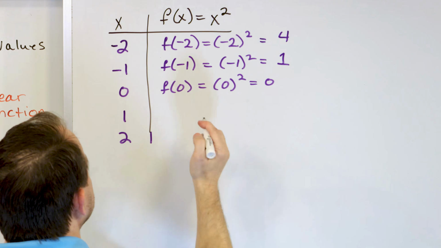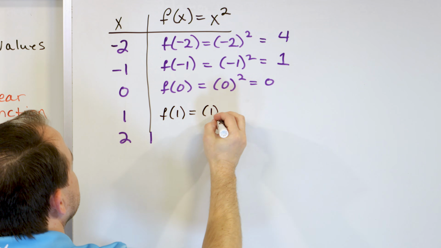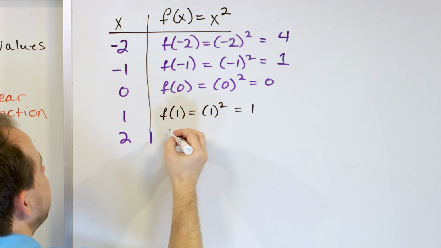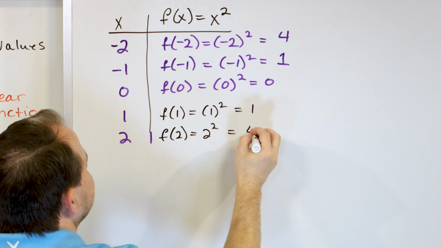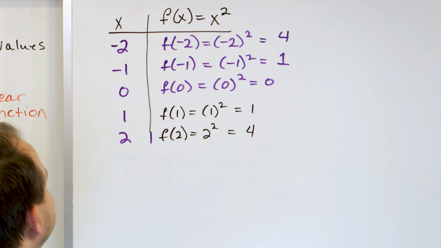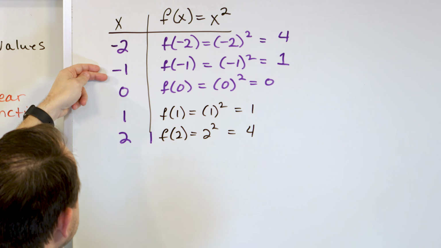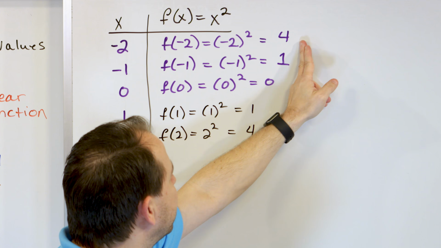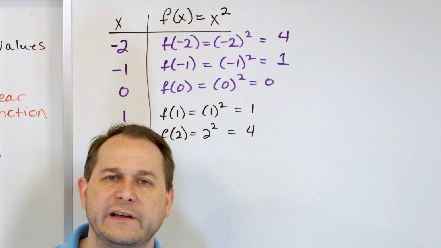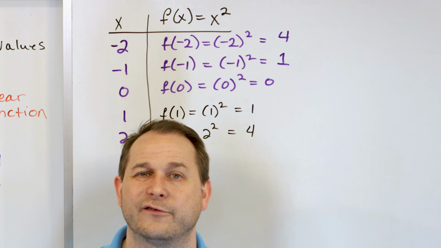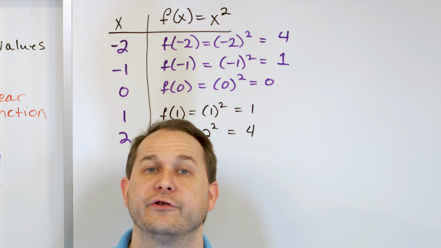Switch colors just to break it up a little bit. f evaluated at 1 is going to be 1 squared. 1 times 1 is 1. And then for 2, you can see the pattern here. It's just going to be 2 squared, which is 4. Now notice the interesting thing about this x squared function. Even for the negative values of x, we ended up getting positive values for the output f of x. For the positive values, of course, we always get positive values. So the interesting thing is, because you have a function that's squared, no matter what the input is, if it's positive or negative, you're still going to get a